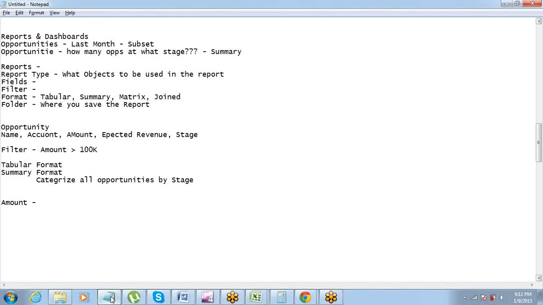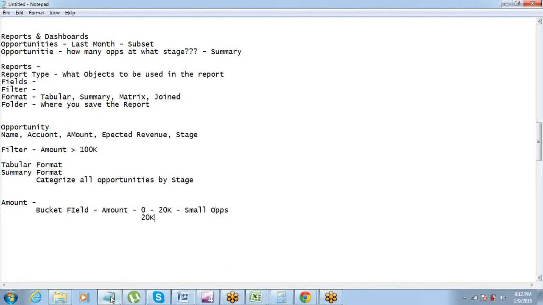There is another option to do it with a number field, which is using a bucket field. What is this bucket field? Bucket is basically creating your custom buckets. Let's say for amount, you say any amount from 0 to 20,000 will mean small opportunities.